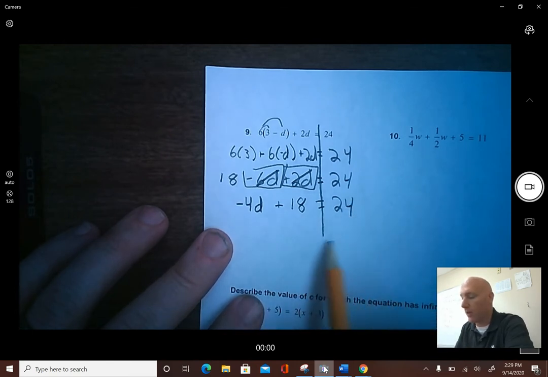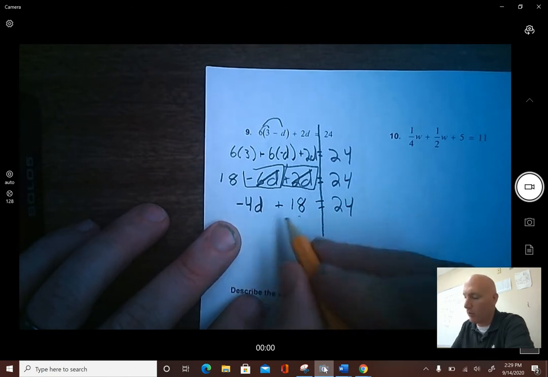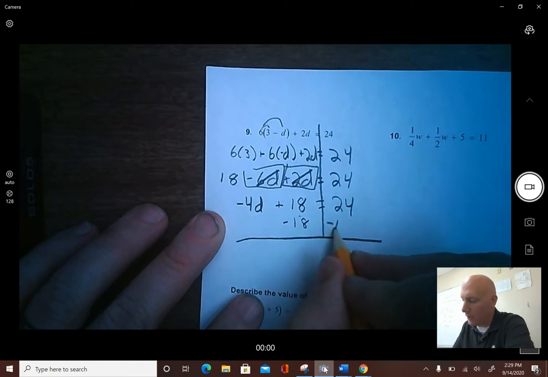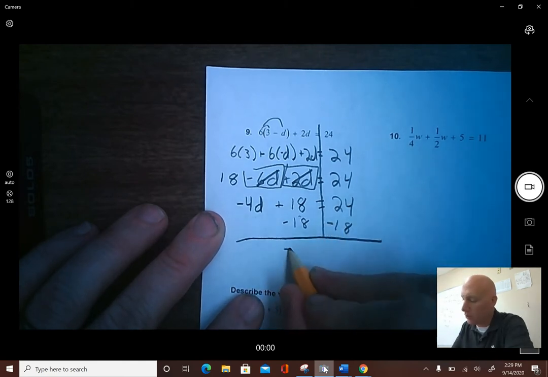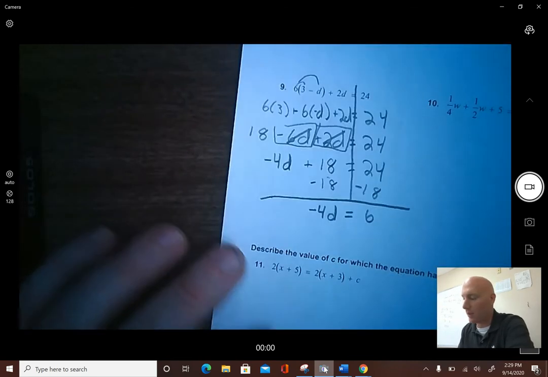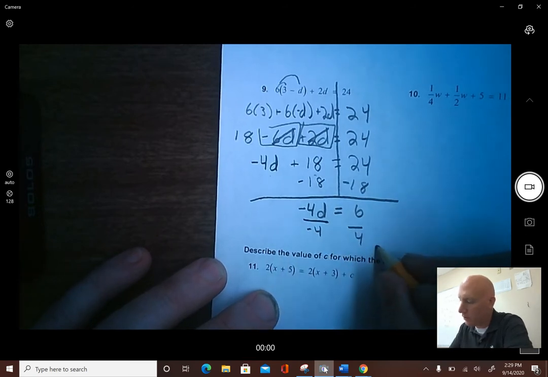Step 3, I look on the side that has the variable and I get rid of the term without the variable. So I'm going to get rid of the 18. If I do it to one side, I got to do it to the other. So I'm at negative 4d equals 6. Last step, divide each side by negative 4. So then you get d equals negative